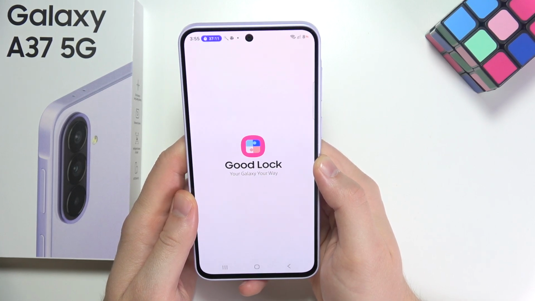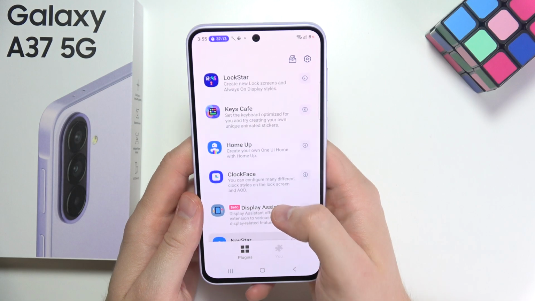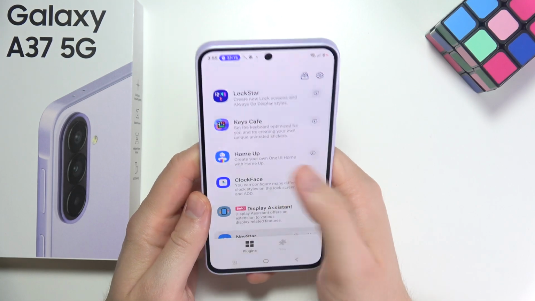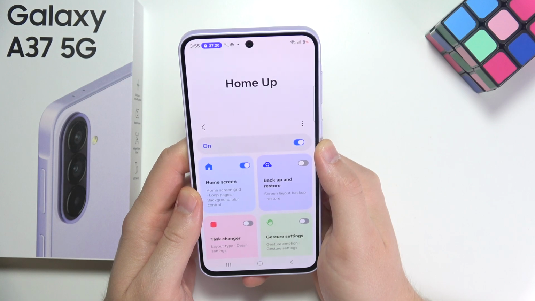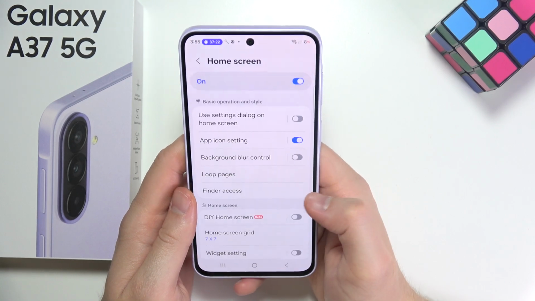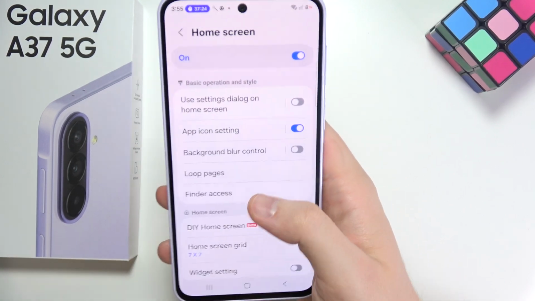Next, we have to get this additional plugin that is called Home Up. We have to get it, open, and take a look right now. When you click on this one, we can find, for example, all of those things, like we can loop home